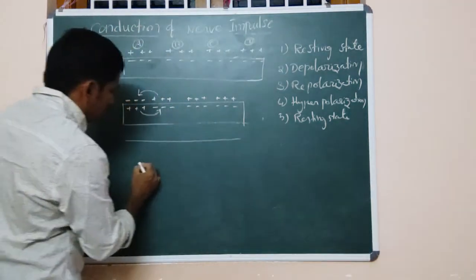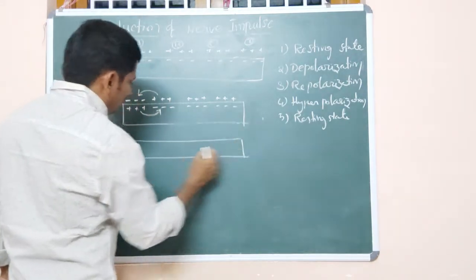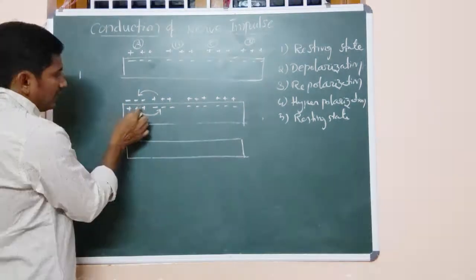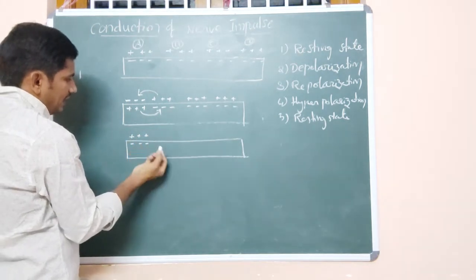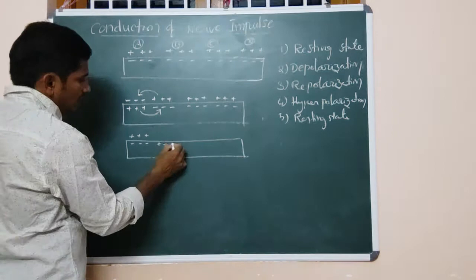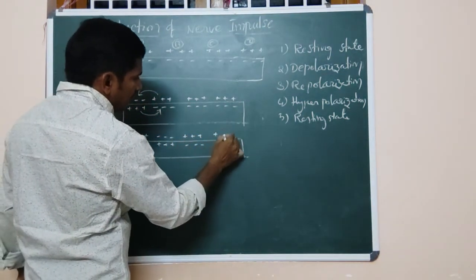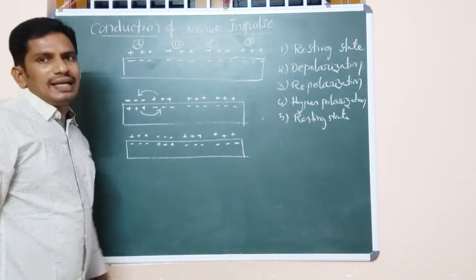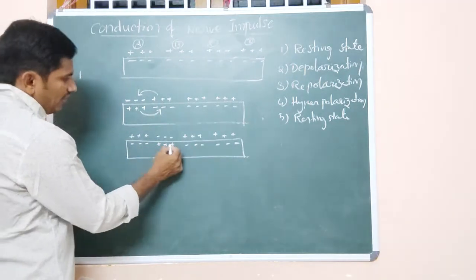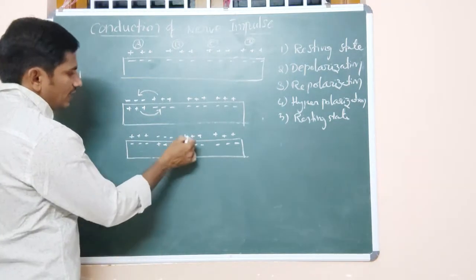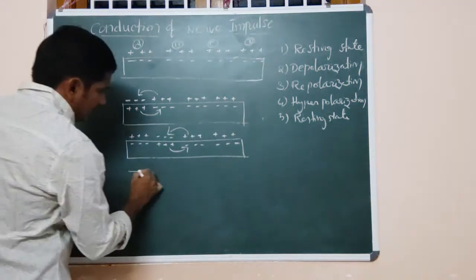The next stage is known as repolarization. In this, while the ions are traveling, these become positive outside and negative inside. Here quite the reverse, positive and here negative. Same here. In the next stage, they will be changed. In the saltatory movement, the saltatory movement takes place. In this, again, these positive inside go to negative, and here like this it happens in the hyperpolarization.